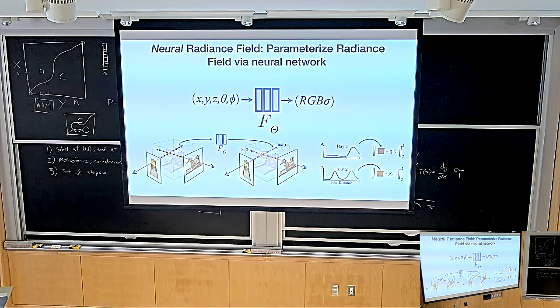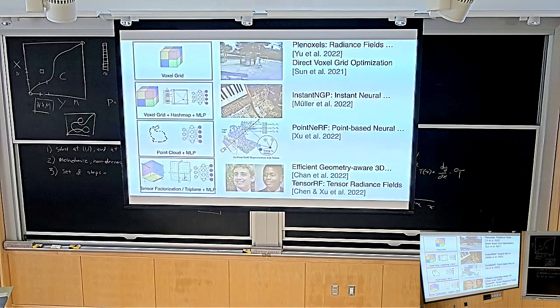This fully connected neural network in practice has to be pretty beefy. It's like 8 layers, 512 hidden dimensions, which means that just rendering a single ray takes an enormous amount of memory, and it takes an enormous amount of time. It's ultra slow. It's really, really slow. Let me give you an idea how slow exactly.